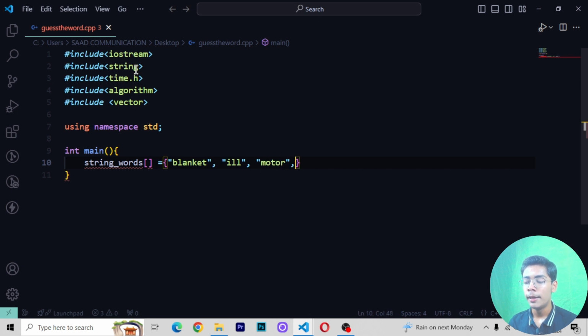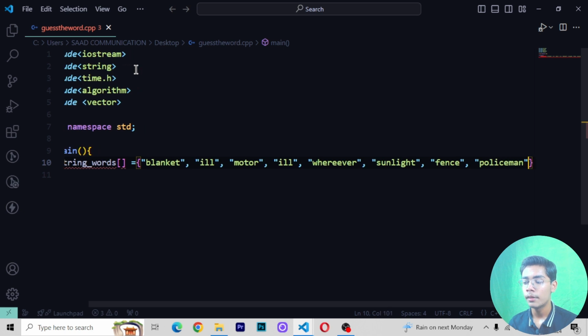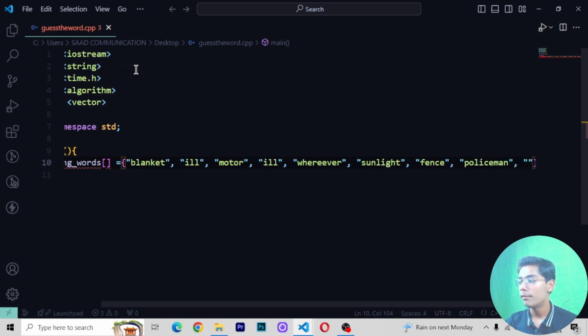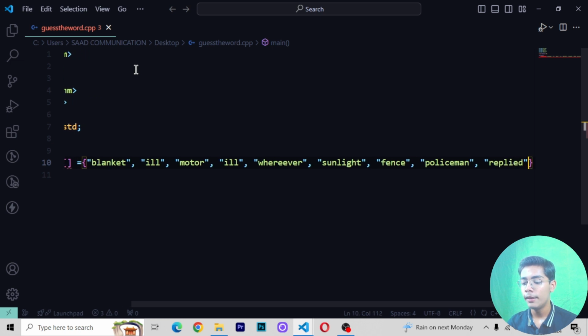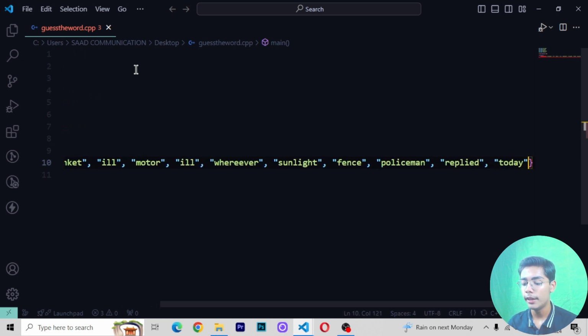You can add as many words as you can, but I will be adding the words which I can add here. Then I will be writing here, wherever, then you can add here sunlight, like that, and here I will be writing another word which is fence. Then again I will be writing the same comma to add another word, and like that I've added another word which is policeman, and like that you can add different words. Like now the other word which I will be adding will be replied, then I will be adding today, and with that